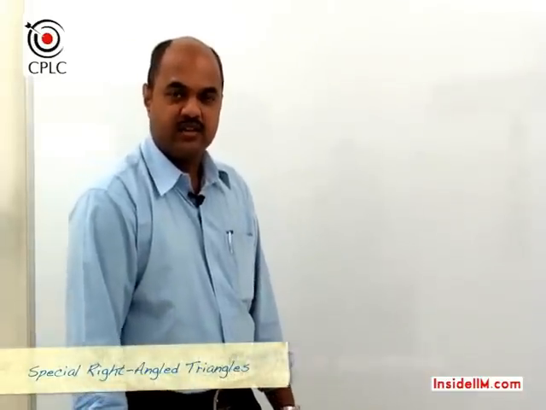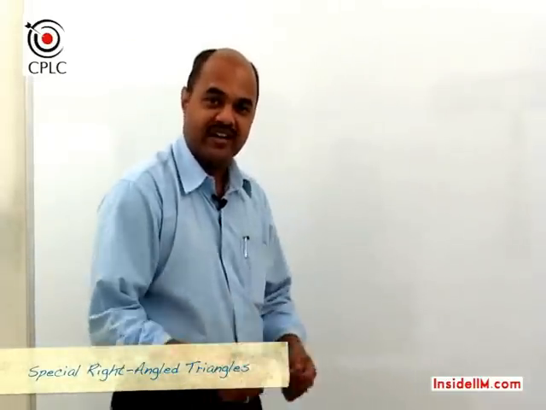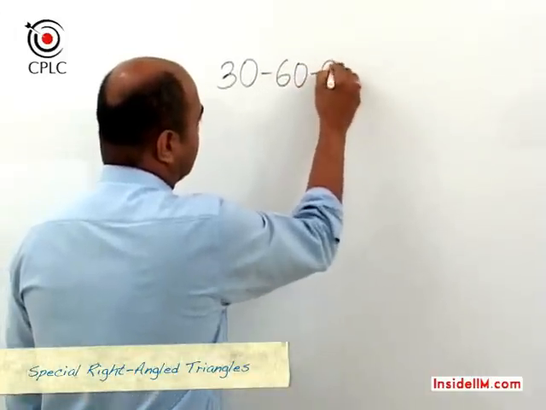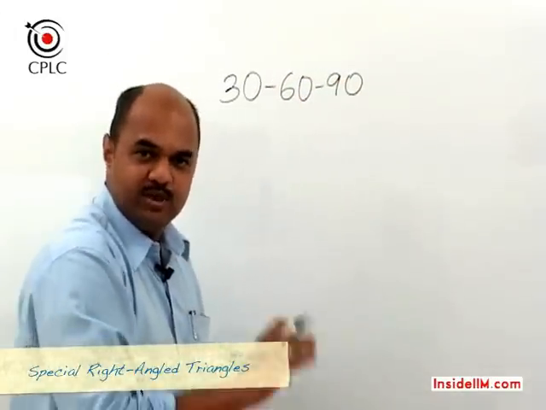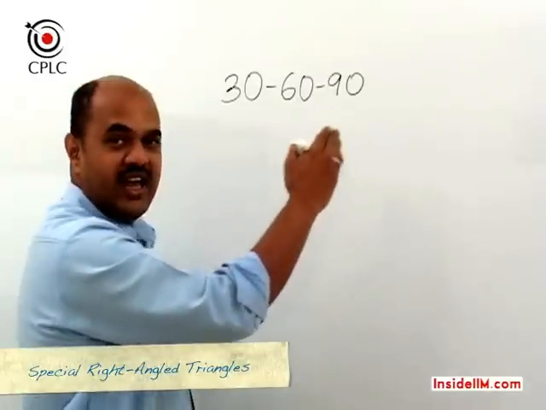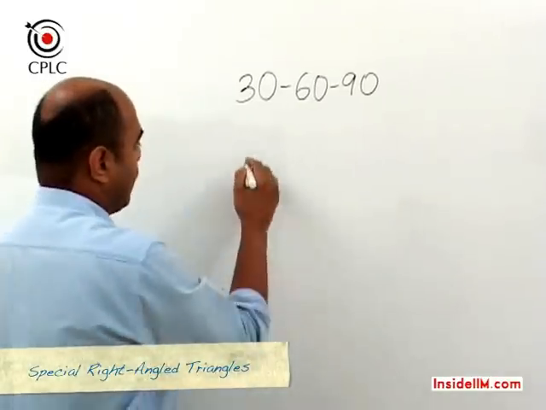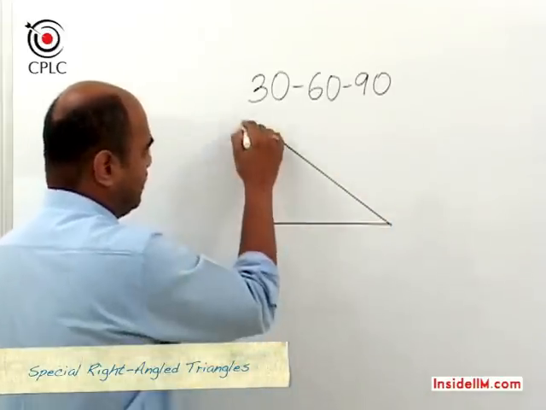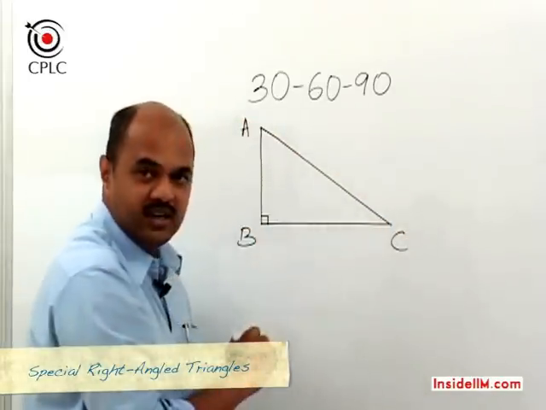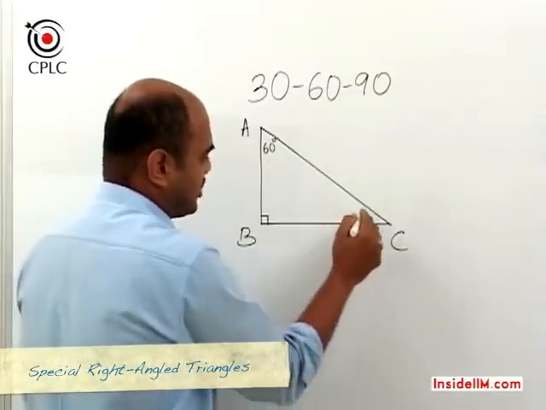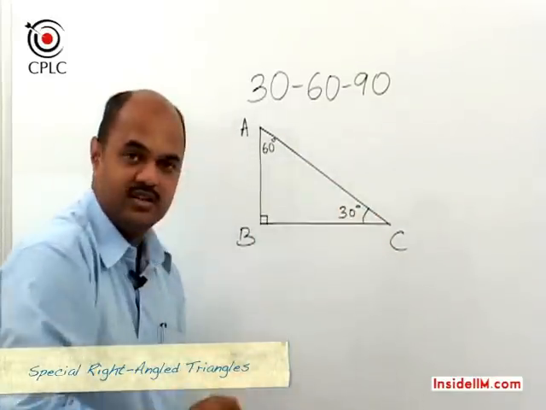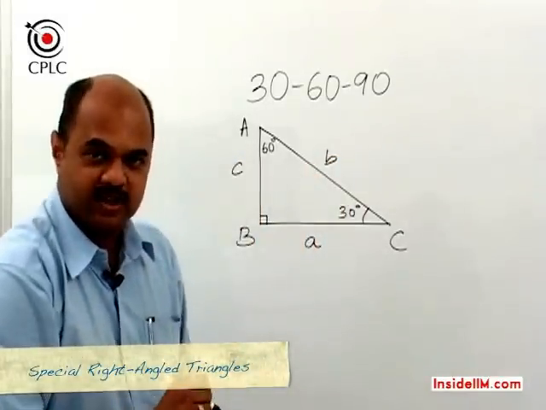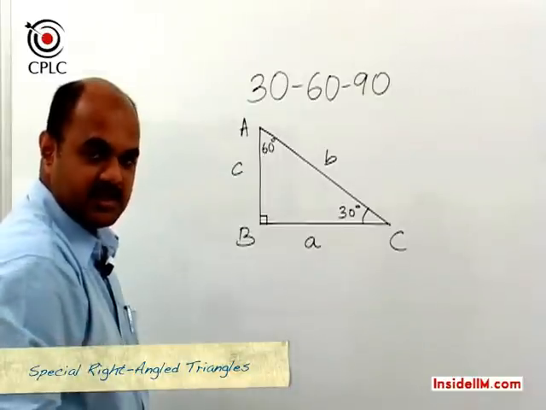Having seen right angle triangles, let's look at a few special types of right angle triangles. We're going to consider two types here. First, we're going to consider a 30, 60, 90 triangle, which basically refers to the measures of the angles of the triangle. So if we look at a right angle triangle ABC, right angled at B, and if we say that angle A is 60 degrees and angle C is 30 degrees, and once again we label the three sides as small a, small b and small c,